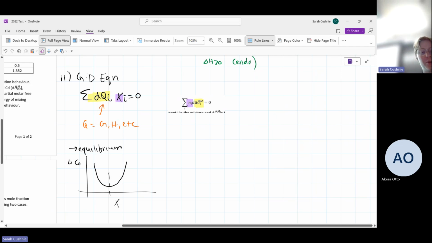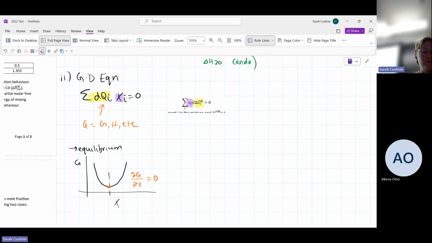So if we think of equilibrium, we think of a Gibbs energy. Here, instead of calling it delta G, we think of a Gibbs energy versus molar fraction graph. At that bottom, at that local minima, we're going to have dG/dx equal to 0. Just the slope of the graph is equal to 0. So the way I kind of look at that, again, this is not mathy in the slightest, is I'm like,